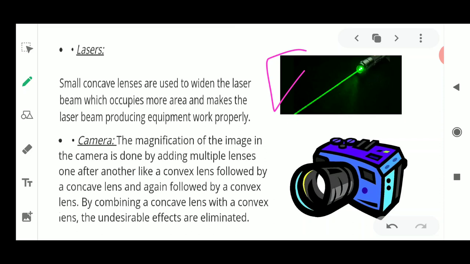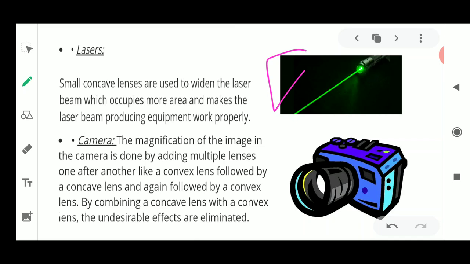And what is a laser? Laser is a concentrated beam of light which is coming through the lens. Now which kind of lens is being used? It is using the concave lens. If a small laser beam is required, we use another type of lens, and if we require a large laser beam, we use many such concave lenses, so that we can widen the laser beams very easily and it could work very properly.